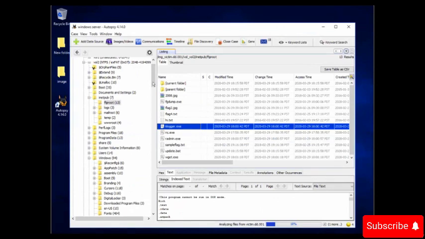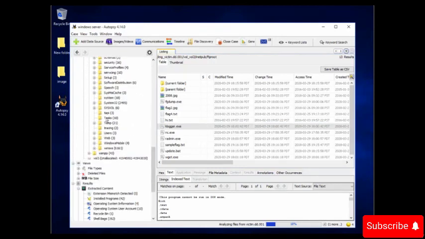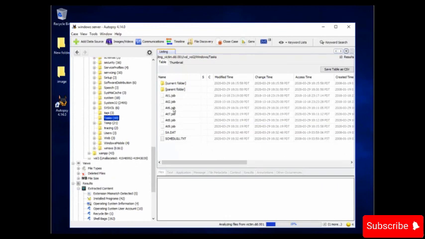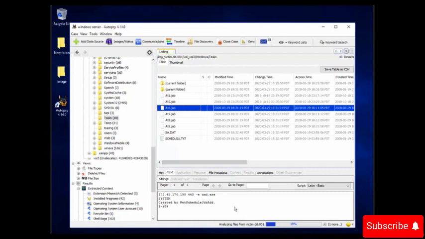Now let's go to the Windows folder again and look for a folder called tasks. Here it is. Now let's have a look at this file. Go to text and read the data, because this is the file which was created on the date when we received a suspicious IP alert or notification. Now when we open it, you will see it contains cmd.exe. This is the command which is used to open the command prompt. Now these are commands and not a file, so we can't upload this file on VirusTotal. So let's see some more evidence.